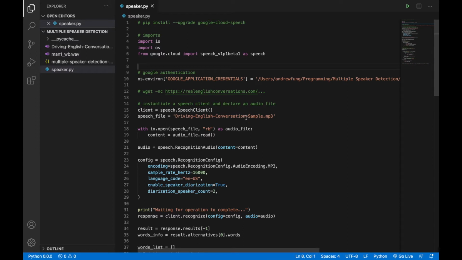Okay, so let's start to wrap everything inside here into a function. So the main input of this function is the speech file. So we won't be declaring the speech file here. Rather than declaring it locally, we will allow users to import their own audio samples. So let's cross this out and let's wrap everything inside a function.